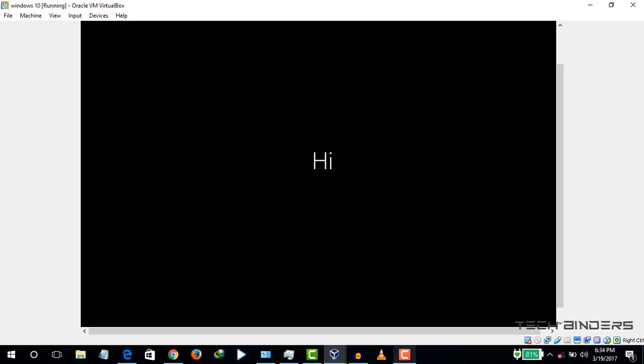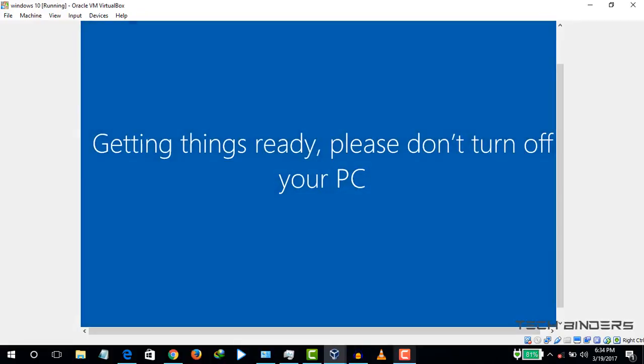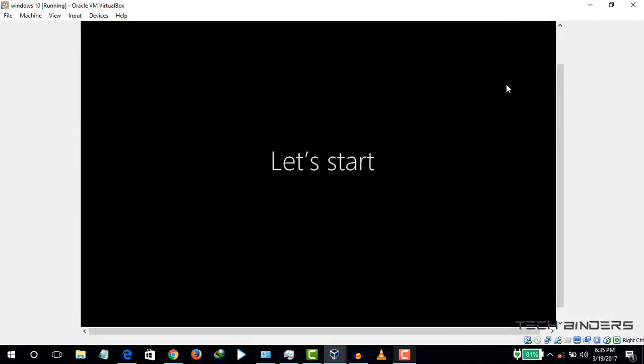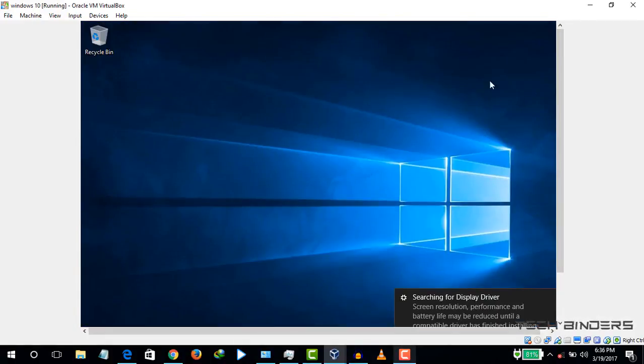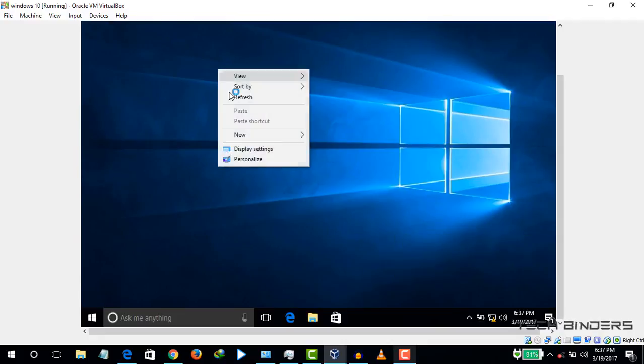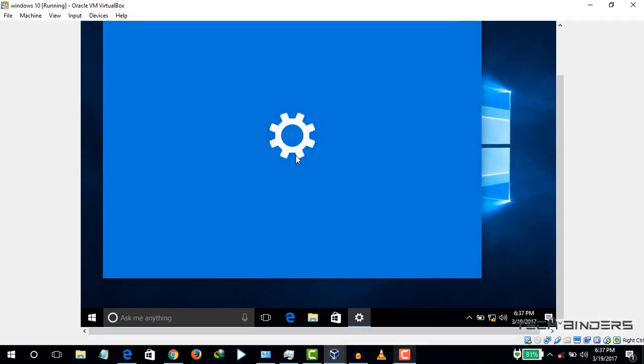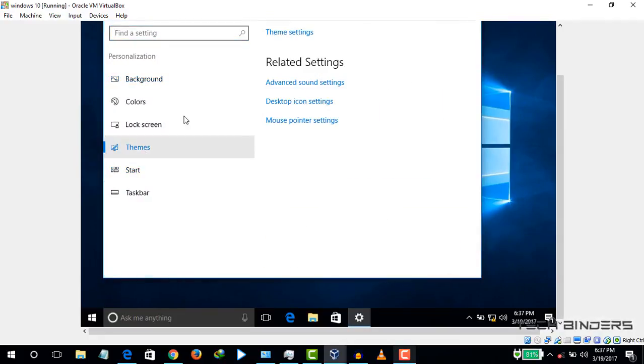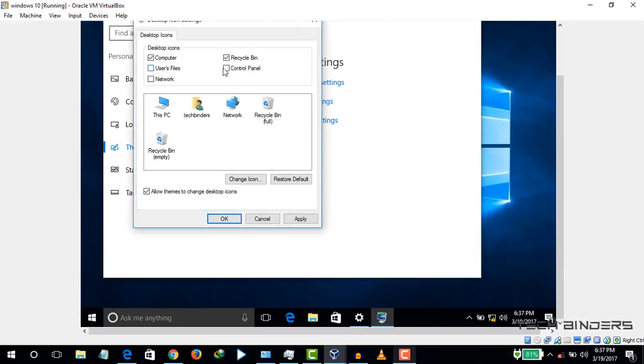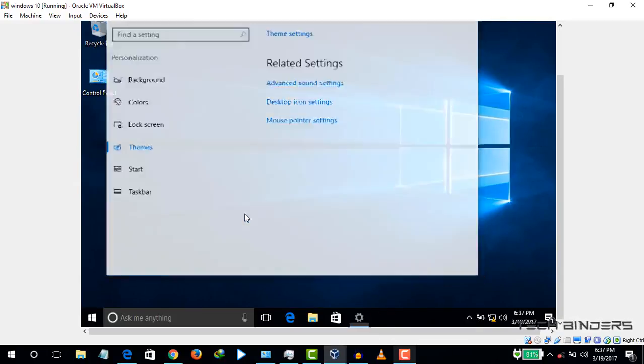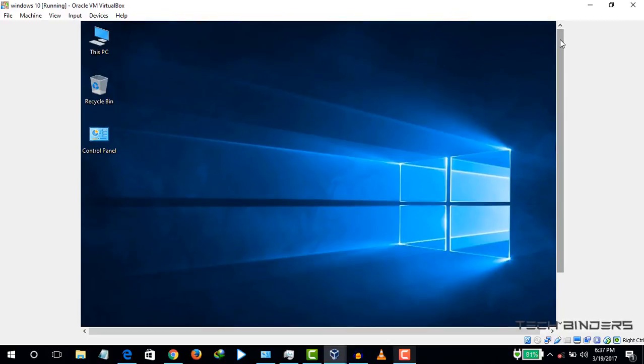Hi Windows. Finally it will display some custom message while it's making your PC ready. And now it will display your Windows. If you want the icons, just go and click on personalize, select from the themes, go for desktop icons, and mark the icons that you want to appear on your desktop. Now Windows 10 is looking pretty good,